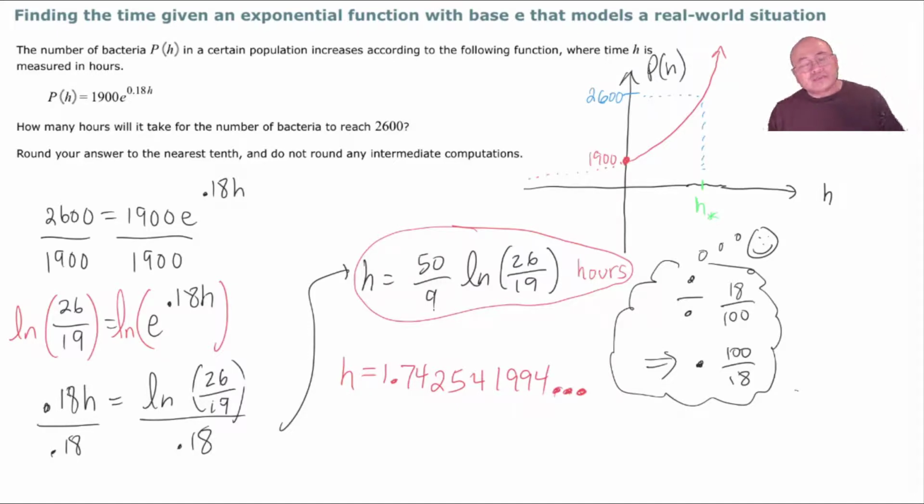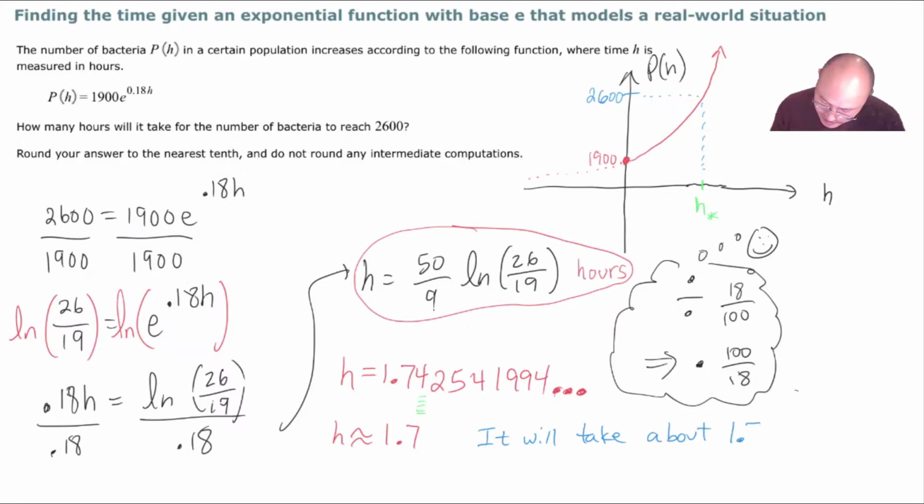It doesn't terminate. It does say round your answer to the nearest tenth. So we're going to look at the hundredths place. 4 is less than 5, so we're going to round this down to 1.7. Now, if the problem is given to you in words and sentences, you probably should answer it back in words and sentences. Maybe actually one sentence is often enough. It will take about 1.7 hours